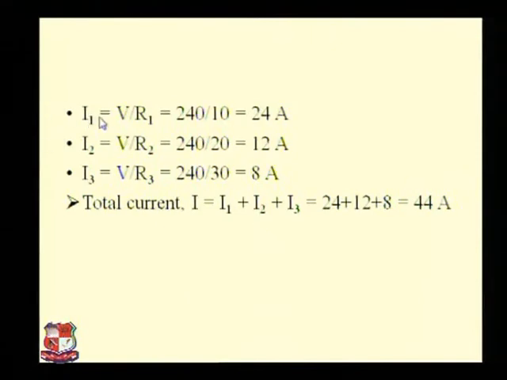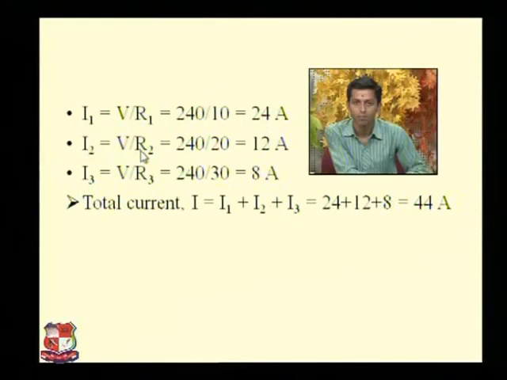Now as we have the value of resistance, we find the current through each resistor. So I1 equal to V upon R1. The current flowing through the first resistor is 240 divided by 10, which means 24 ampere. Similarly for current I2, V upon R2, 240 divided by 20, we get 12 ampere, and similarly current I3 equal to V upon R3, 240